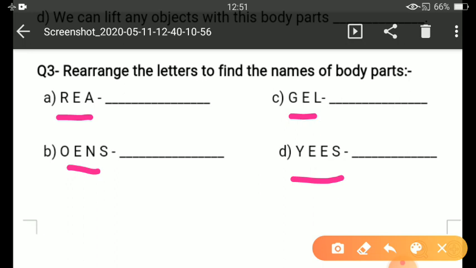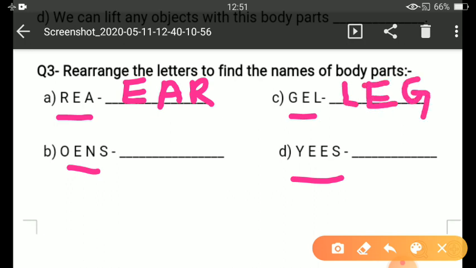R-E-A. What is this? Ear. You have to rearrange it: E, A, R. Ear. Now G-E-L. What is this? Leg. L-E-G. Clear? Now O-E-N-S. So this is nose. N-O-S-E. Nose. Now